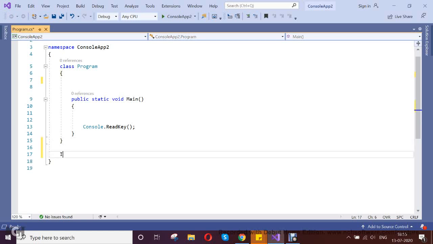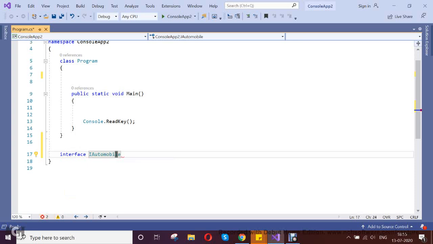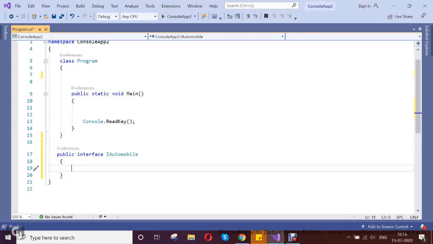Let me go and create the interface. We call it IAutomobile. It is public, and it's going to return me a string.